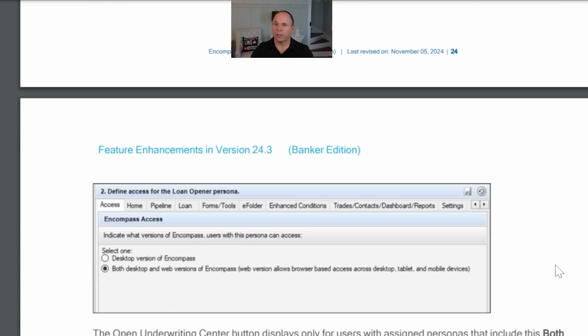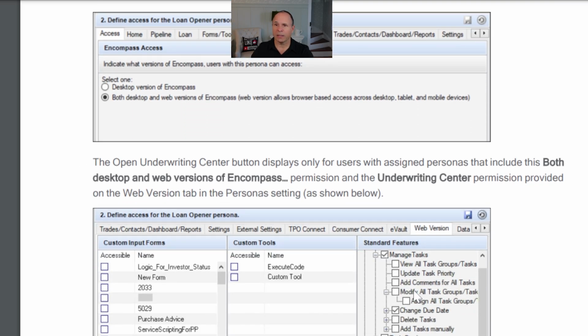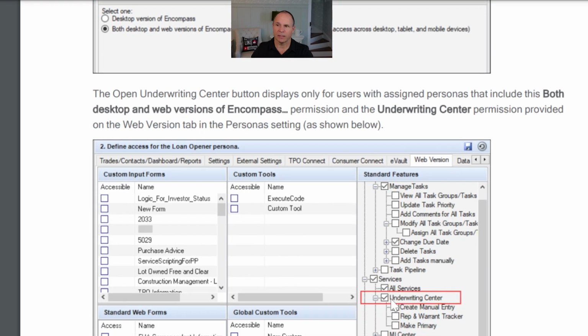We then go down, we're in page 25. We then go down into making sure that if you do want to have your teams access those, make sure you select the correct radio button here. Make sure that over in the persona, under the web version tab of each persona, you've defined what's permissible. For those that have multiple persona syndrome, this is another big call to action, making sure that you understand that if you have multiple personas assigned to someone, you're now going to have to continue to evaluate what someone is allowed to do based upon all the personas they are assigned.